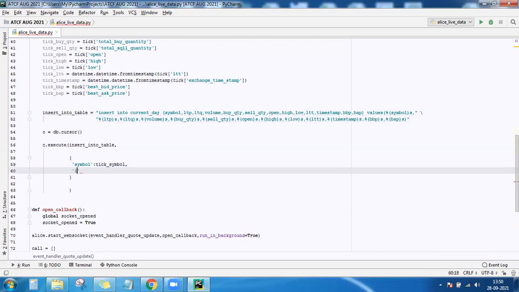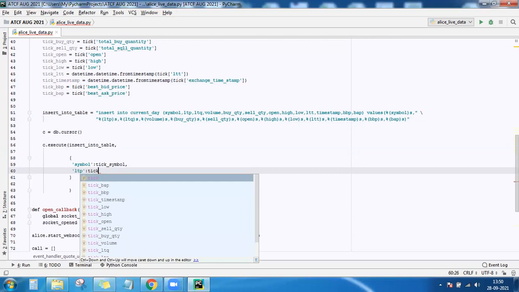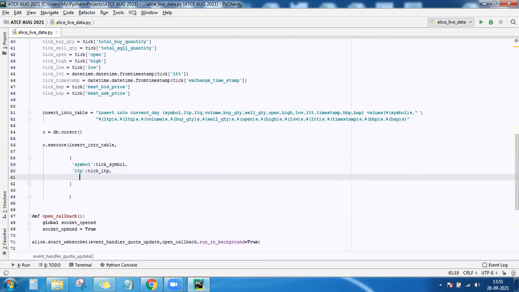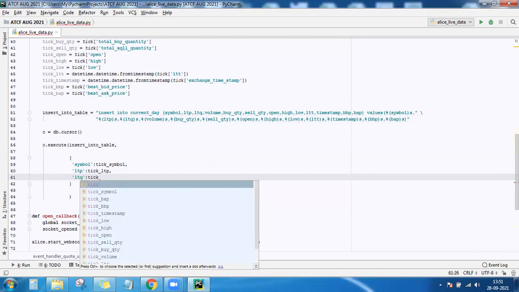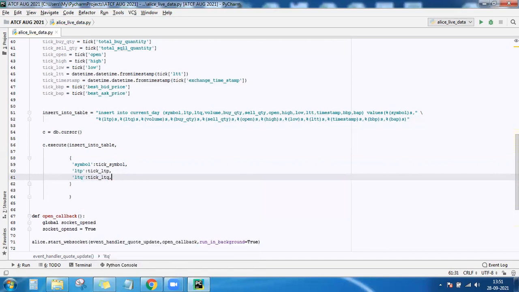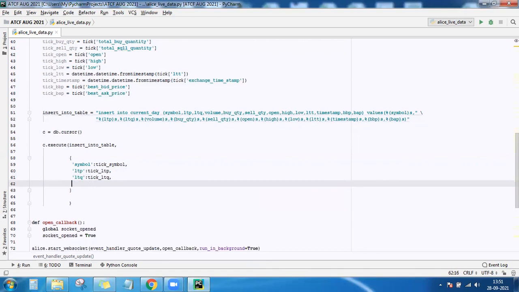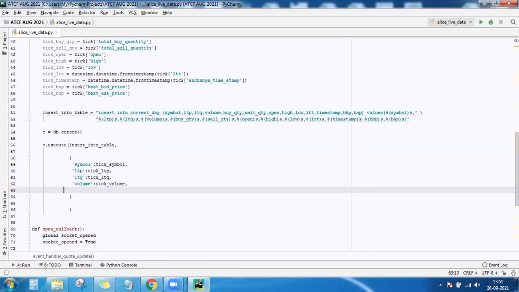The second value is going to be LTP, tick underscore LTP. The third value is going to be LTQ, last traded quantity. The fourth value is the volume. The fifth value is buy quantity.